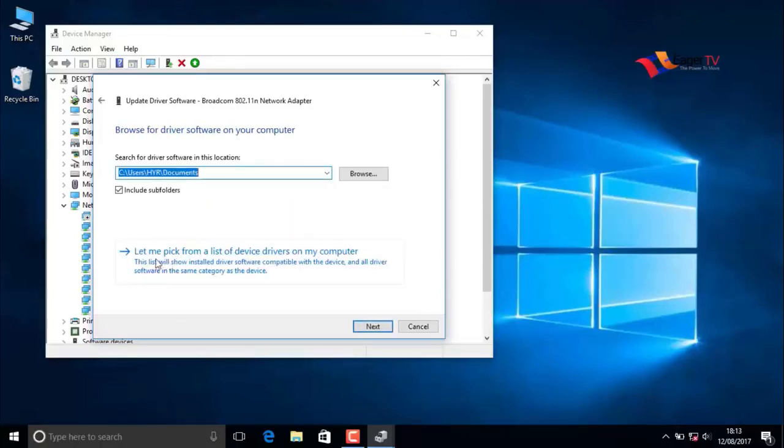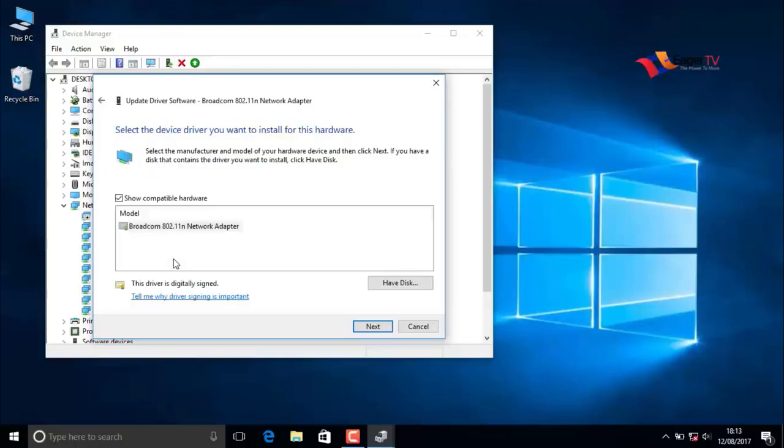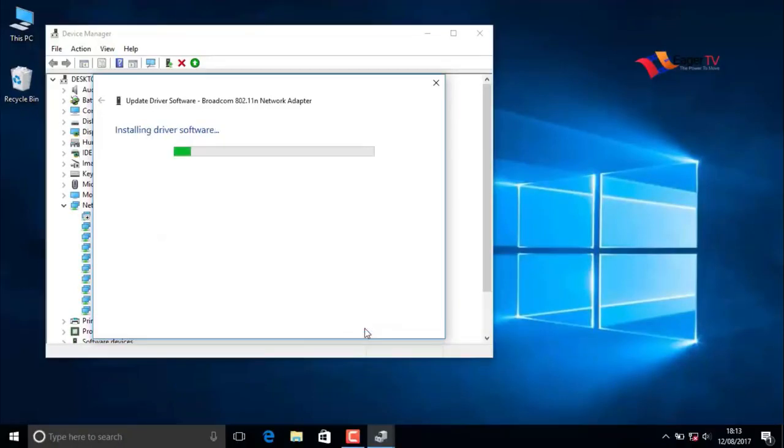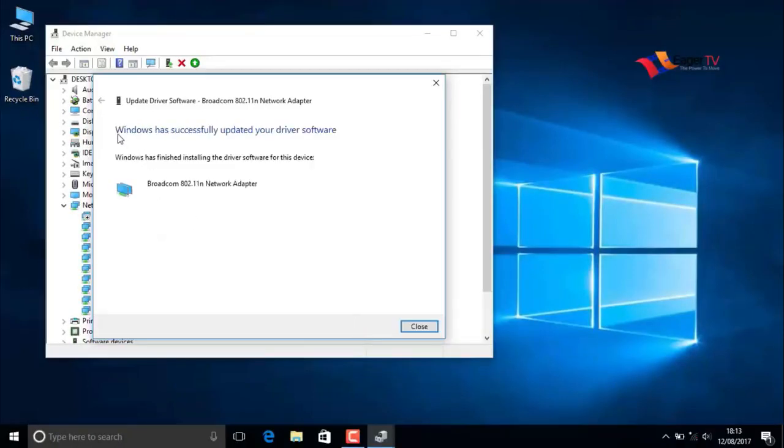Then select let me pick from a list of device drivers on my computer. After that, you need to click or check on show compatible drivers or hardware, and I am going to choose the driver. If there is 2 or more drivers, choose any one of them. Now click on next. In couple of seconds the driver will be installed,